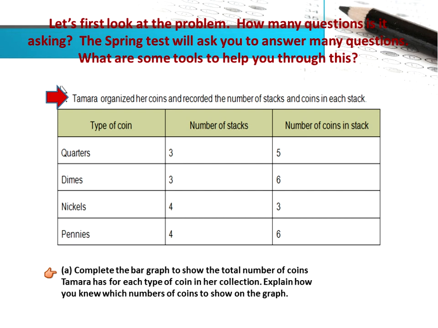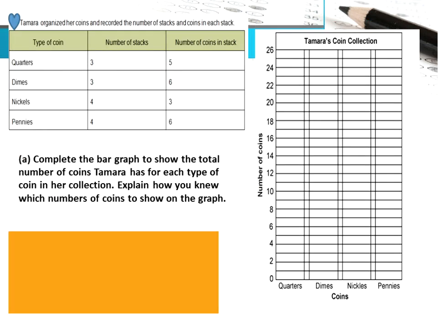Okay, so Roxanne said to multiply. What would I multiply, Roxanne? You are a very quiet group today. Number of stacks and number of coins, that's right. So we would go through here, and I'm actually going to do it on the next page so we can have it all on here. We would multiply the number of stacks. And so this would be 15 would be total,